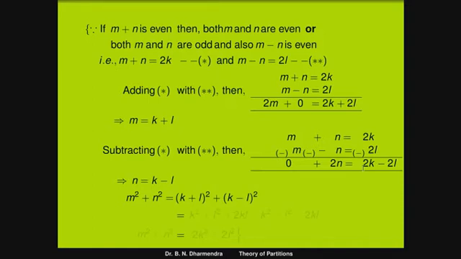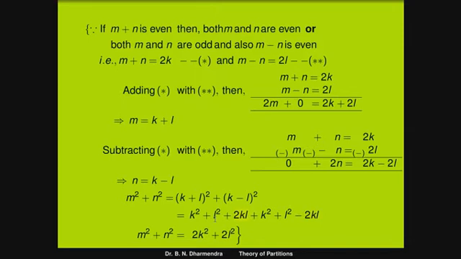That is nothing but the terms of k square plus l square. We can expand the term: 2kl plus this one's expansion, k square plus l square minus 2kl. Here plus 2kl and minus 2kl get cancelled, and also 2 times k square and 2 times l square, that is equal to m square plus n square is equal to 2k square plus 2l square.